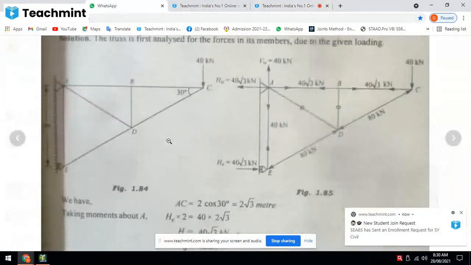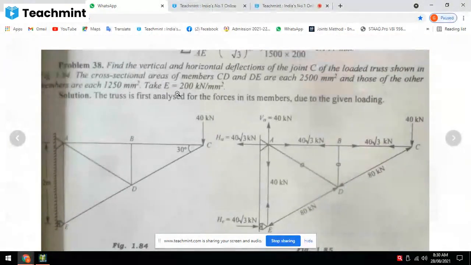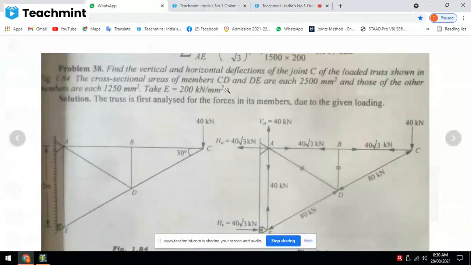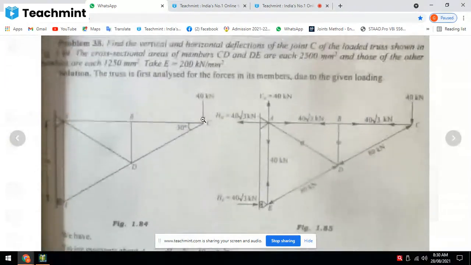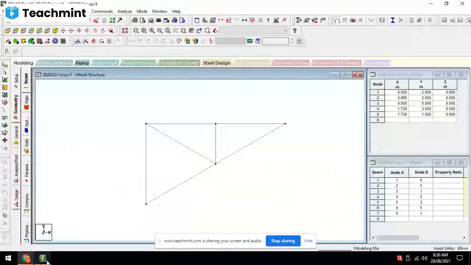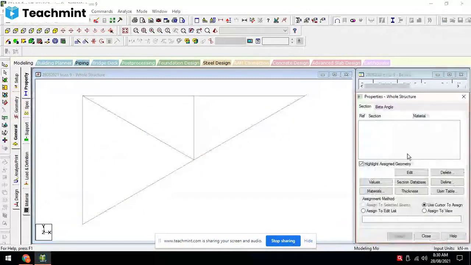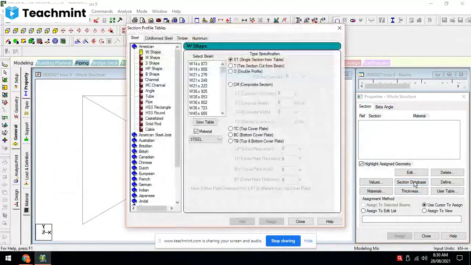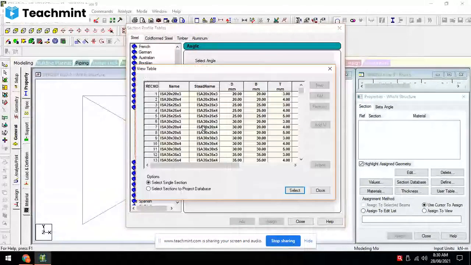Okay. So now as we have created the model, now we will assign the material and the property. For assigning the property, area is 2500 for CD and ED, that is these inclined members, 2500, and for remaining members 1250. So I will click on general, material, steel, assign to view, assign, yes. Then I will go to the section database. Again I will choose the Indian angle. So first of all, 1250,